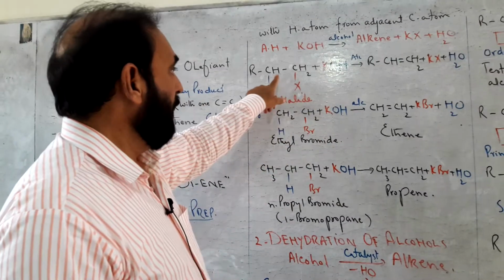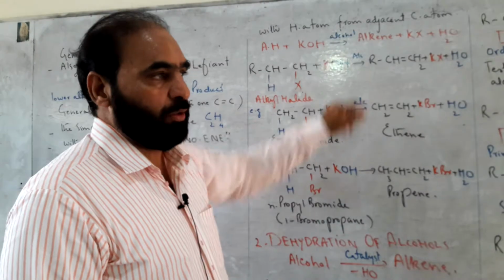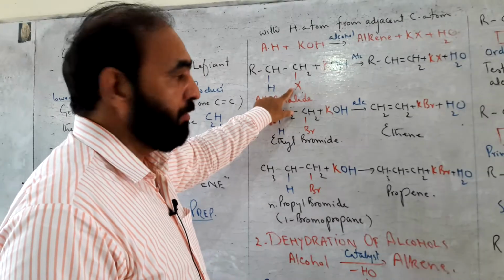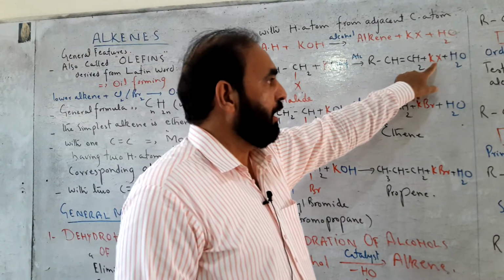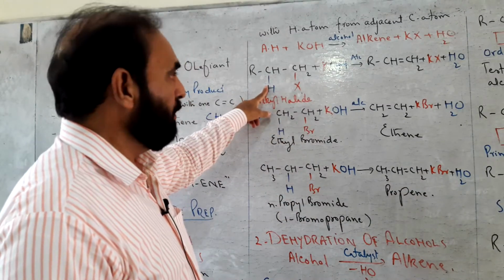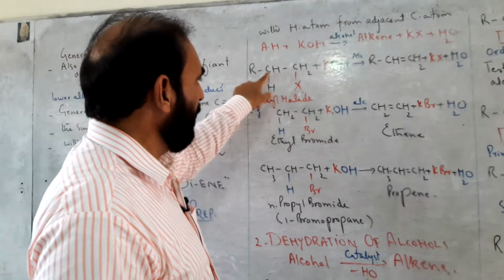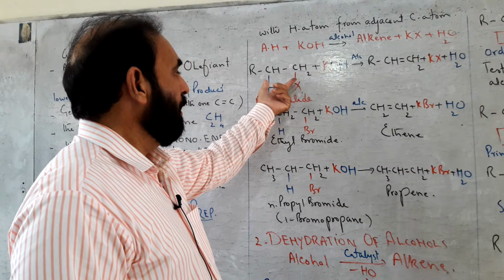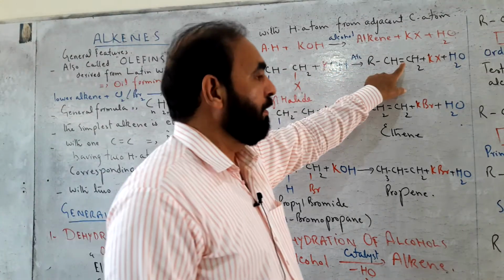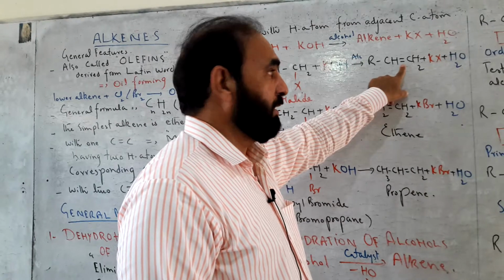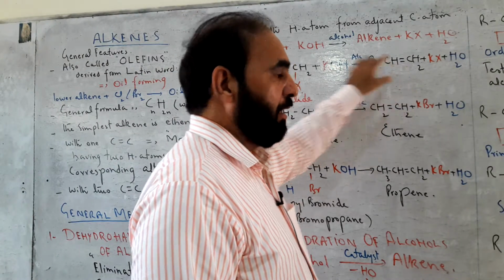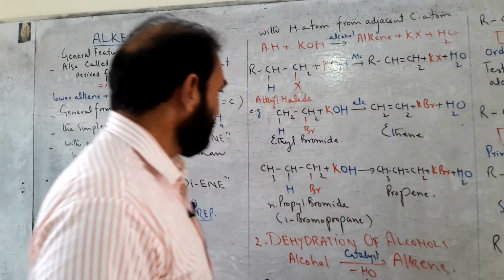When alkyl halide is treated with potassium hydroxide in alcoholic medium, potassium takes the halogen, shown in red color, to form potassium halide, and OH takes hydrogen from the adjacent carbon. As a result, these two carbons, when they are left with their unpaired electrons, make a new C-C bond, so the C-C single bond is changed to a C=C double bond, and the alkyl halide is changed to an alkene.